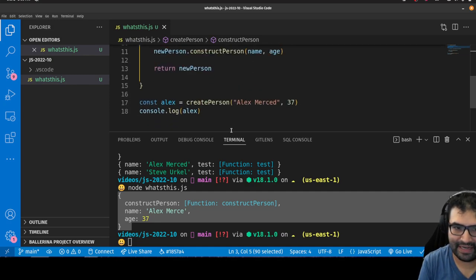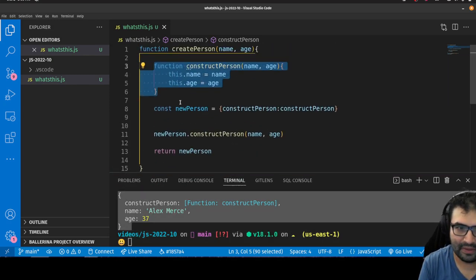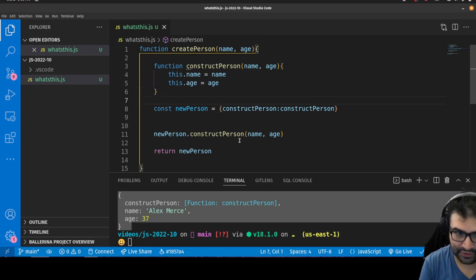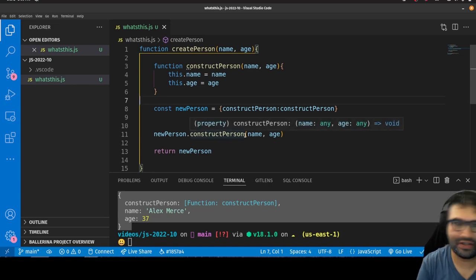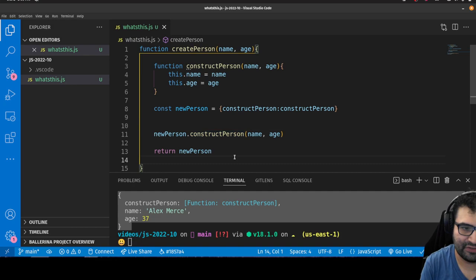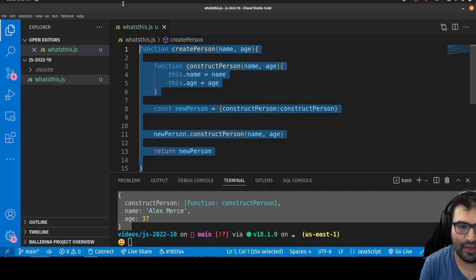So this pattern is what we can do much more easily using the class feature in JavaScript. You could just do it with functions. There are other, simpler ways to do it with functions, but I want to be very explicit so you can see the steps that classes will go through in a moment. What if I wanted to summarize this? The other way I could have done this